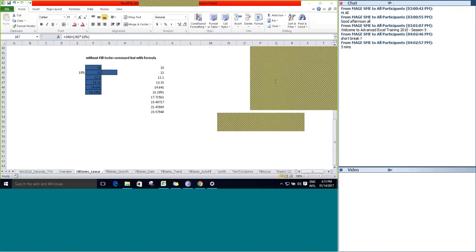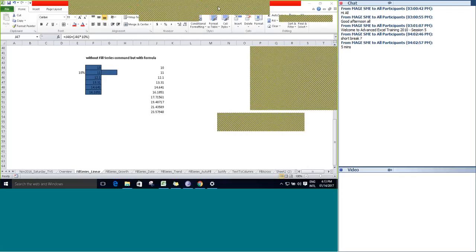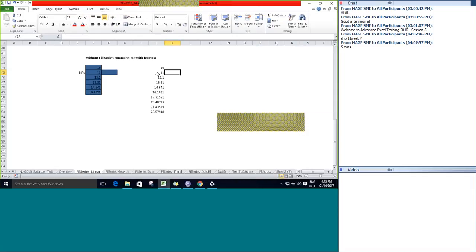And one more query, what happens if you multiply with 1.1? Say for example, the previous value is 10, multiply the previous value with 1.1, it will be 11, right? So if you generate a pattern using this, you can get the output like this.